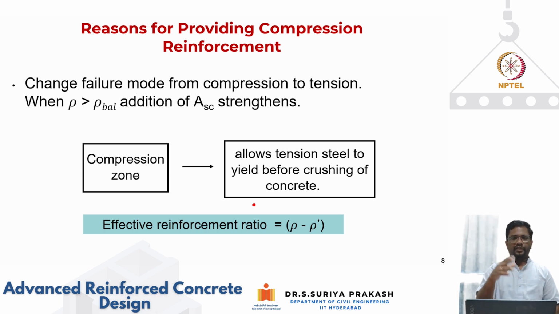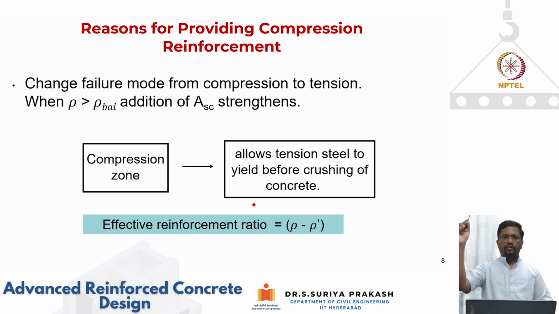For the previous cases, for the constitutive model that we considered, it worked out to be 3.2 percentage. We can go back, we got about ASC of 7,480 mm square, right? So that was your balanced condition. Up to that, you will find that moment resistance kept on increasing. After that, the moment resistance was not increasing much. There was a minor increase, but it was not in proportion to the amount of steel. But if you want higher moment resistance, then you cannot put more steel on the tension side other than rho bar. Then what we have to do is